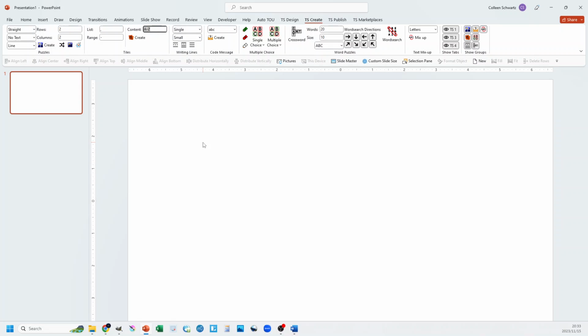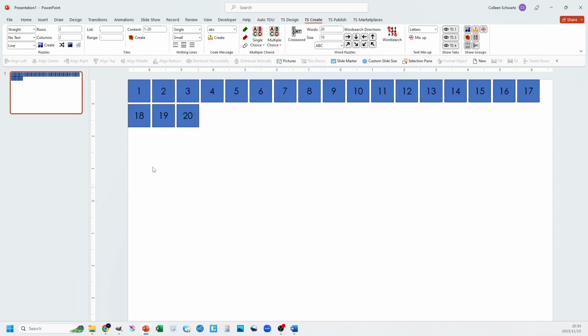So if you want to create tiles for a number range, you just need to type in whatever range you want to use. So say I want to create tiles for the range 1 to 20, then I'll just type that in and I'll click on create, and it'll make all of those tiles for me counting in ones. Now, if you want to create tiles that are not counting in ones, if you want to create tiles where you have a different counting interval like 2s or 5s or 10s, then the way you would do that is